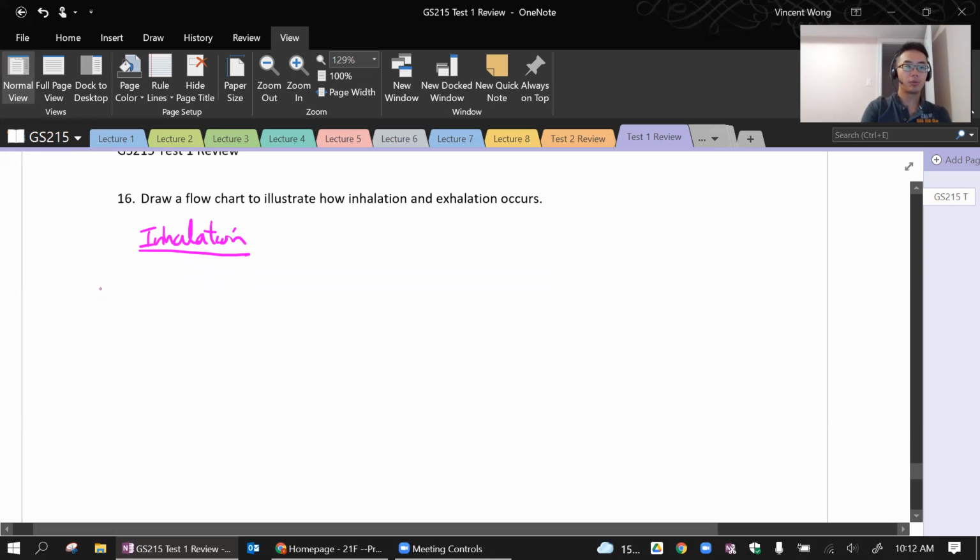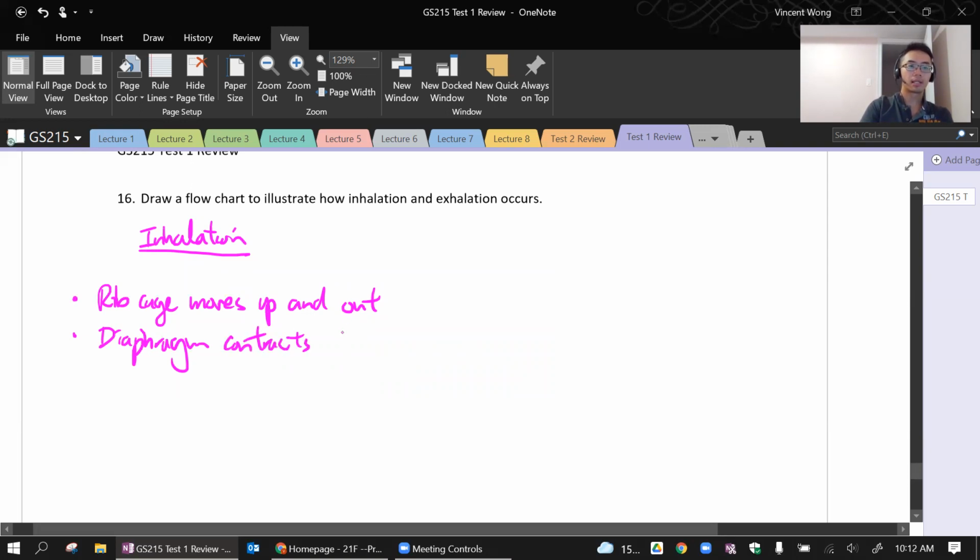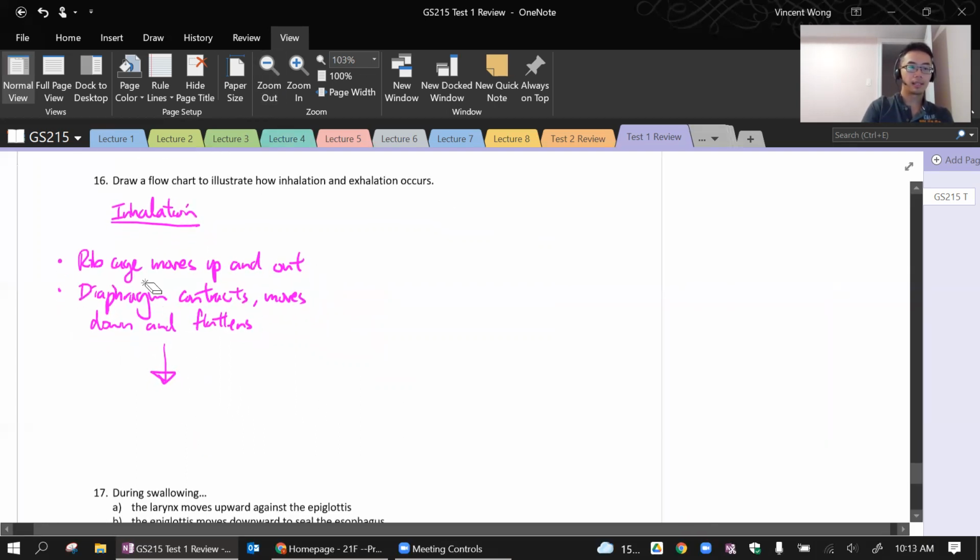So what happens is the rib cage moves up and out, and simultaneously at the same time, the diaphragm contracts, flattens, moves down and flattens. And then you would have increased lung volume,